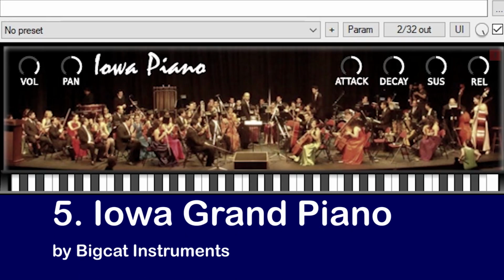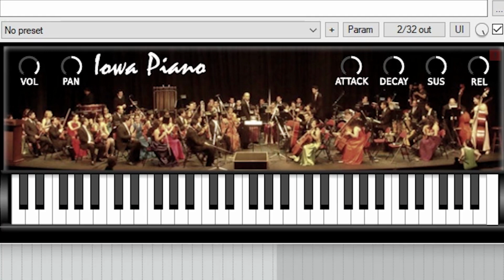Number 5, Iowa Grand Piano. This is a fairly dark sounding piano with a bit of a detuned sound that becomes especially evident in the lower range. This isn't exactly one of my favorite piano plugins. The sound quality out of it is okay, but it gets a little messy, especially with some of the low